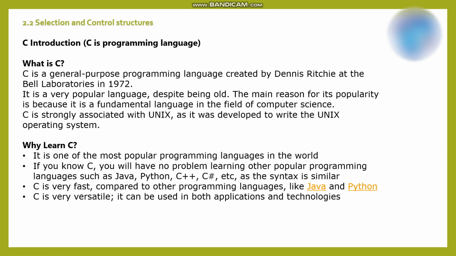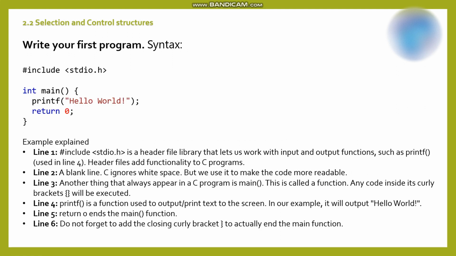Okay. Now, sir, you can know right now I am speaking English, right? So if I want to speak English, there is a proper structure that we call grammar, right? So even in our programming language, when we are writing, there is a particular structure, right? That is called the syntax, or we call it the grammar related to your programming language. Getting? Okay. Now, C is very fast compared to other programming languages like Java and Python. C is very versatile. It can be used in both application and system technologies. Okay. Now, I just recently talked about your syntax, right?